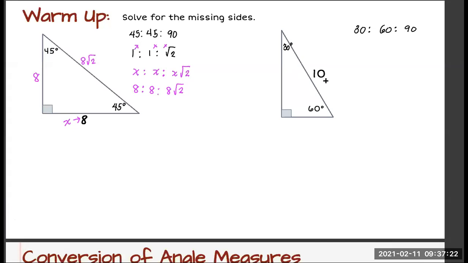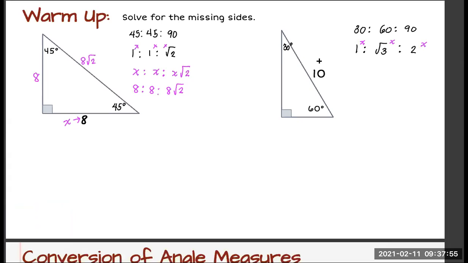What's the ratio for 30, 60, 90? Okay, 1, square root of 3, and then 2, right? Now, x is the side opposite the 30-degree angle. So if you're multiplying everything by x,